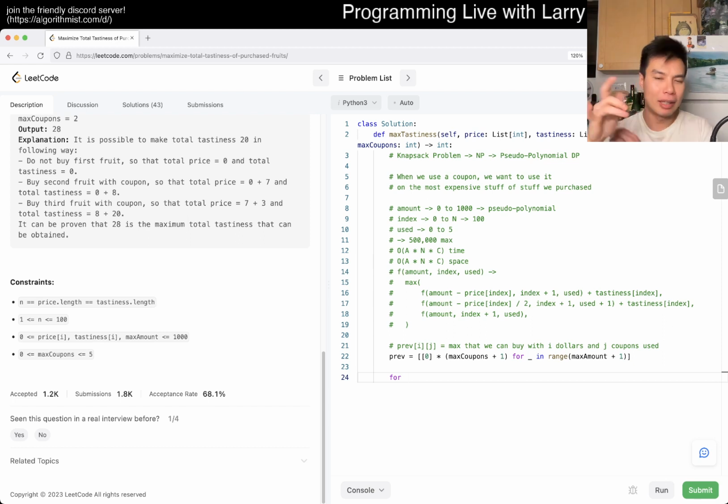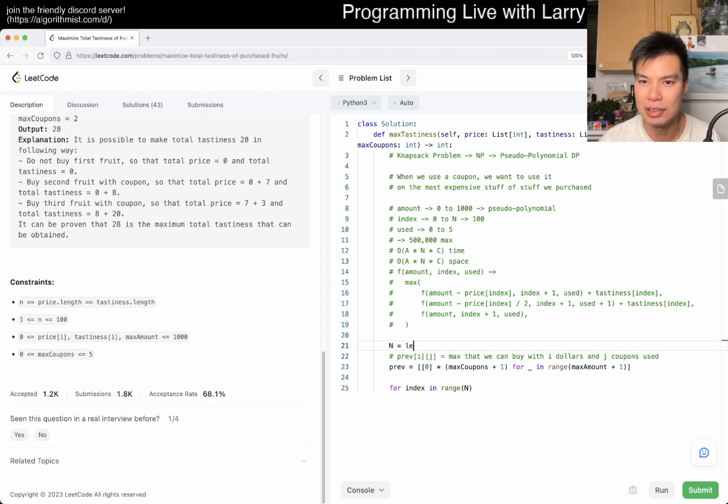But okay, yeah, doing a bottoms up is always a little bit tricky for me, so definitely excuse me. But yeah, for now we want to do the index, for whatever index in range of n. Oops, just put it on top, I suppose. n is equal to length of price, right? Yeah. And then now we just go for